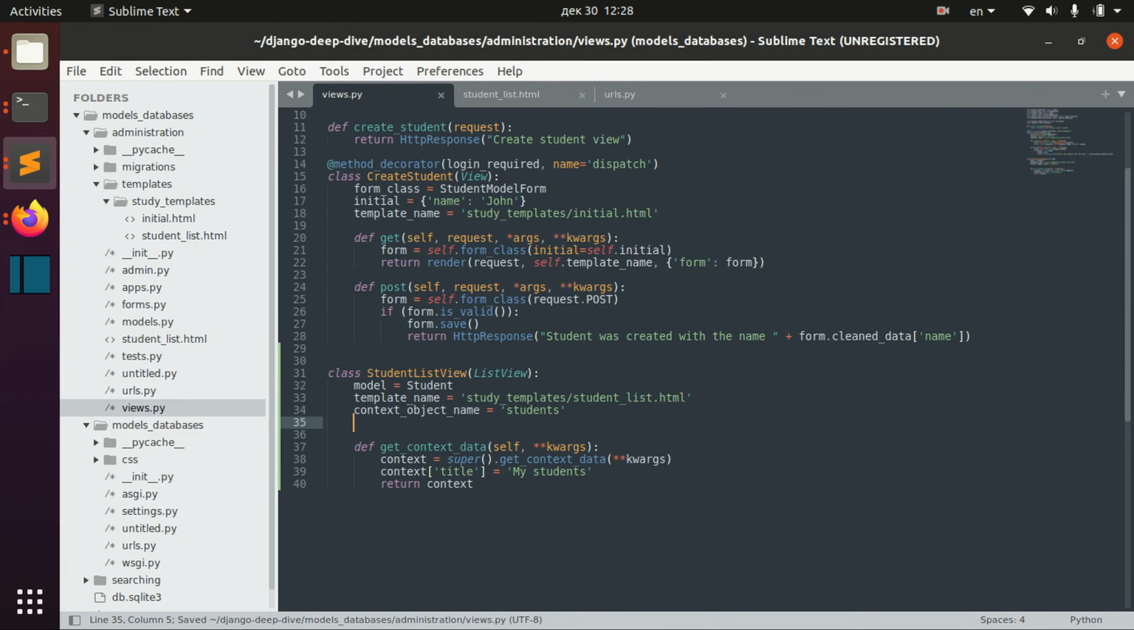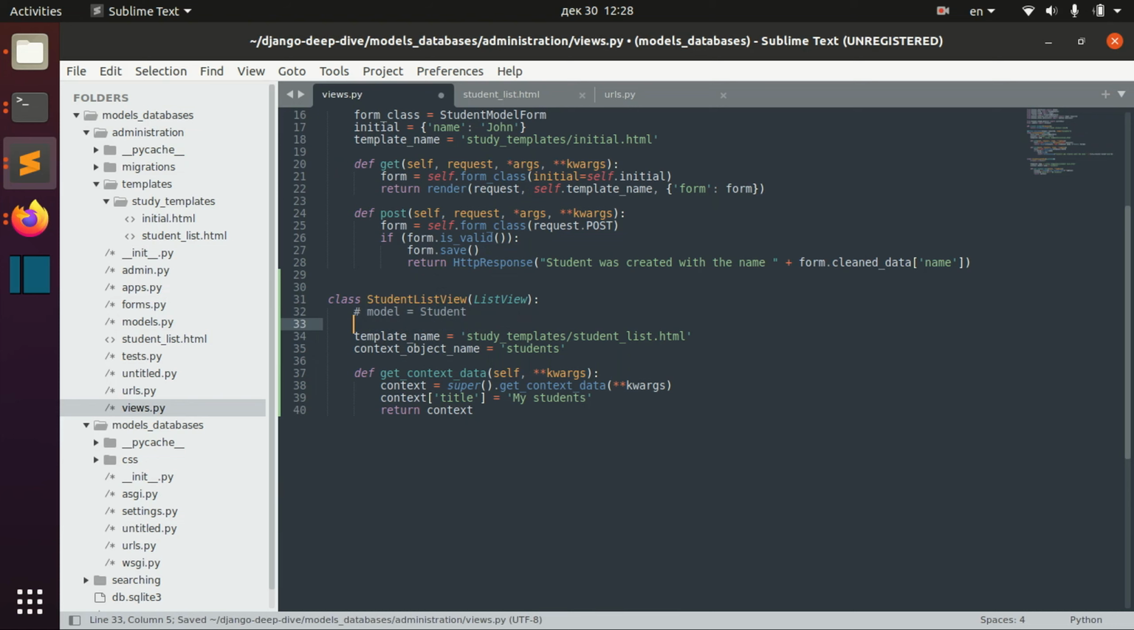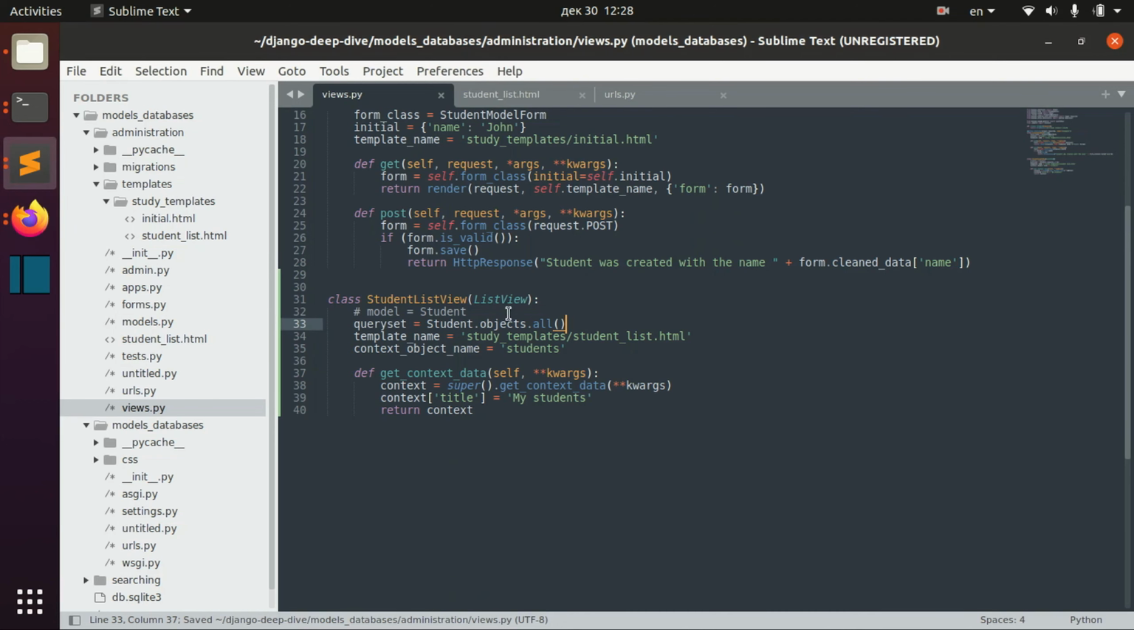The other thing that you can set up is queryset. For example, right now we define the model that we need to look for, and we can comment it out, and instead of defining model, we can define queryset. Basically for now it will not change anything. It has absolutely the same functionality as in the previous case where we defined model,